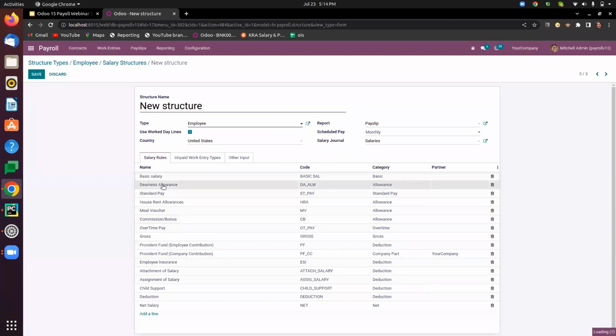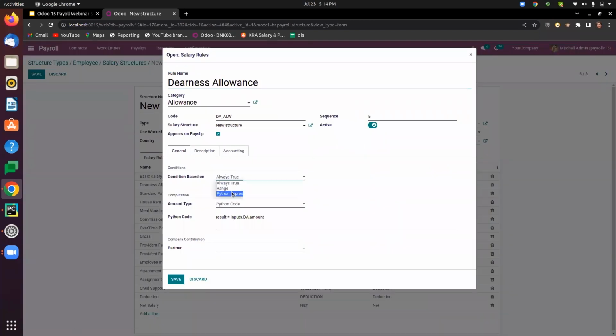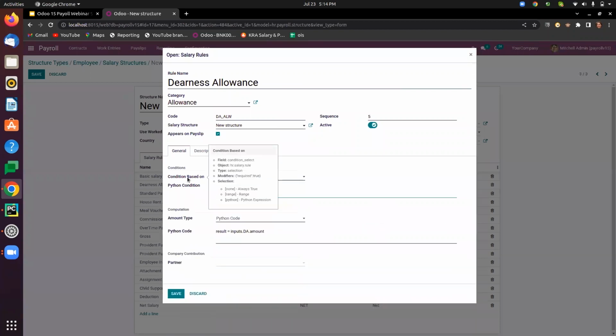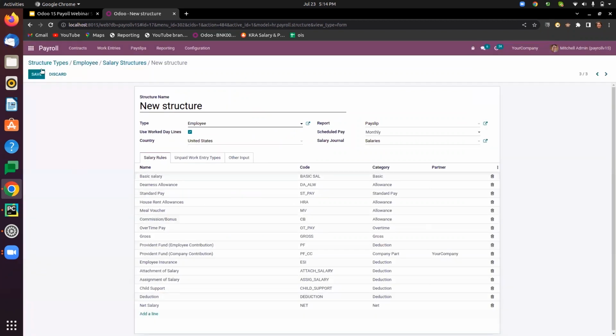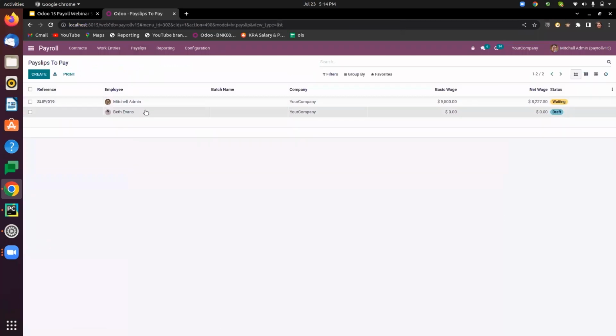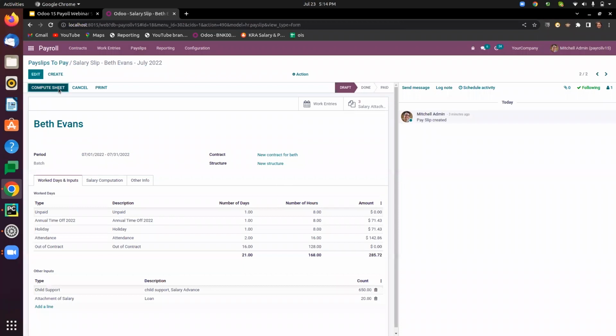Let's change this to result equals inputs.da. Okay, so